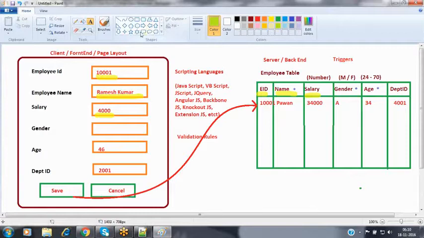Now, when coming to the validation tools, Salesforce has provided a set of ready-made functions by which we can validate the data at the client side itself, instead of using any scripting languages, instead of learning any scripting languages, instead of writing additional code to validate the data. Don't use any scripting languages. Just use the ready-made functions given by Salesforce to validate the data at the client side itself. So what kind of validations can we do at the client side here?